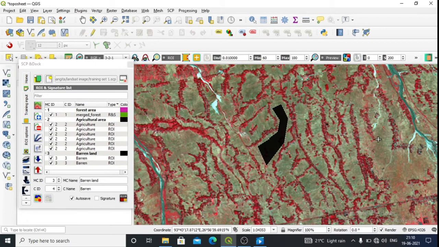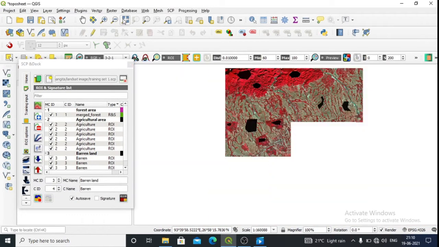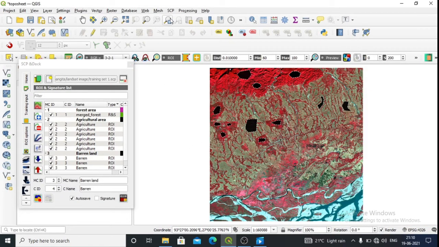Okay, same way let us select some more. This barren land number 3 and save it. Then let us add some more over here.